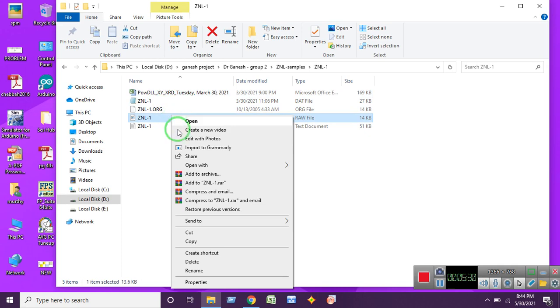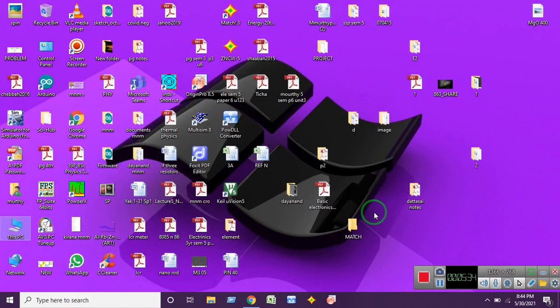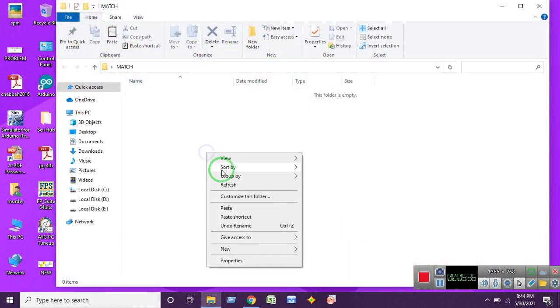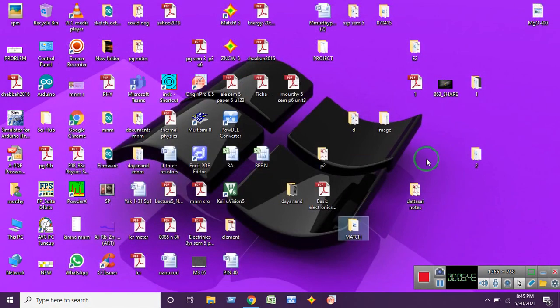So this is one of the XRD data files. After installing, you will find this type of icon, that is Match Phase 3. Double click this icon, and the software is going to open automatically.